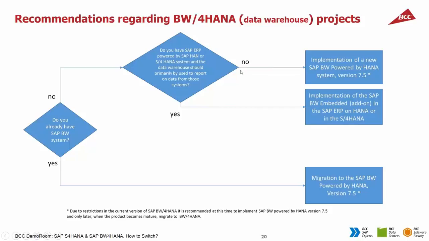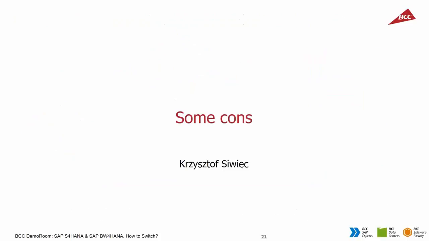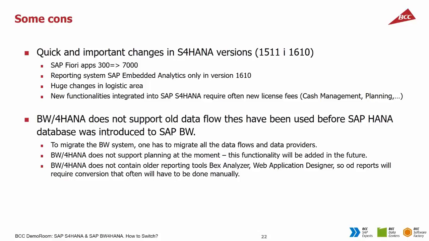But if the BW system is to be taking data mostly outside of SAP ERP system and is to be huge, perhaps just implement the SAP BW powered by SAP HANA version 7.5. Why am I not recommending BW for HANA? Because there are some cons that we learned about during our projects,